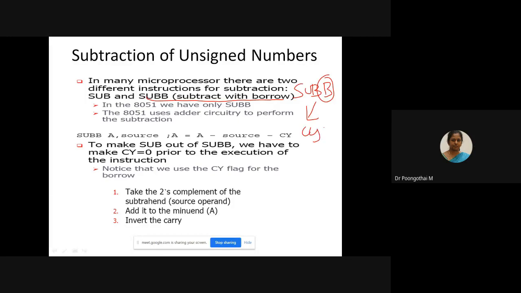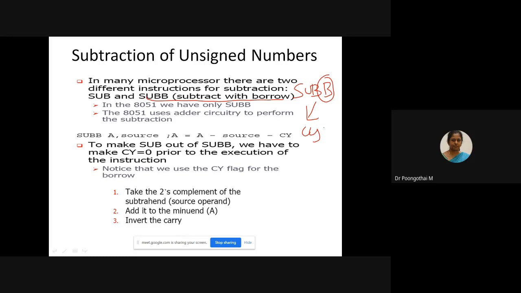Okay. Actually, in subtraction, the 8051 microcontroller uses only the 2's complement method because internally only adder circuitry is available. That is, the 8051 uses adder circuitry to perform subtraction.